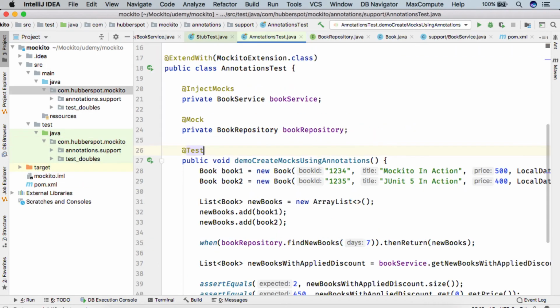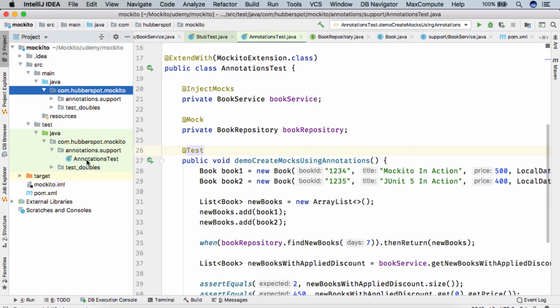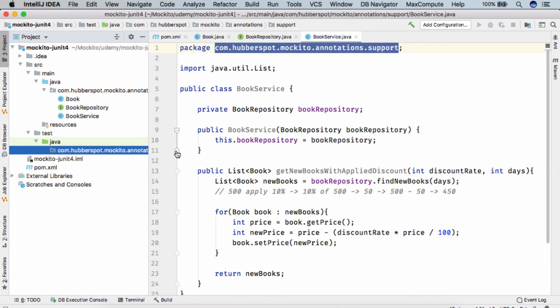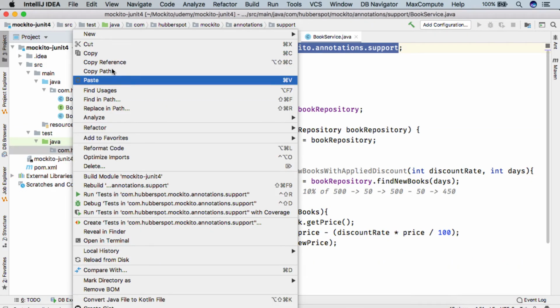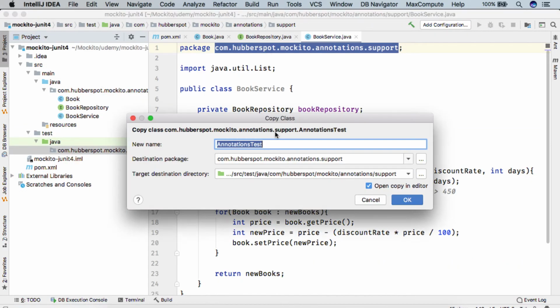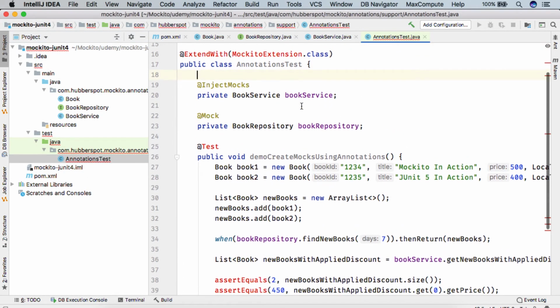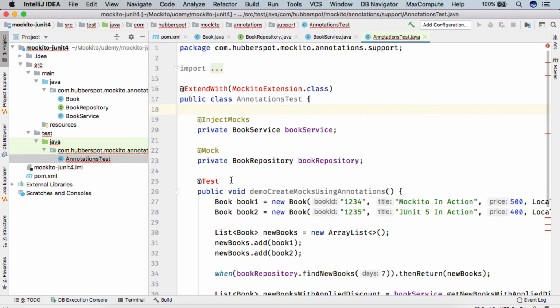And also, friends, if I go back, here I will simply copy this class AnnotationsTest, and paste it here. As soon as I pasted it, the first thing you can see is that there is no ExtendWith in JUnit 4, so the compiler is complaining here.